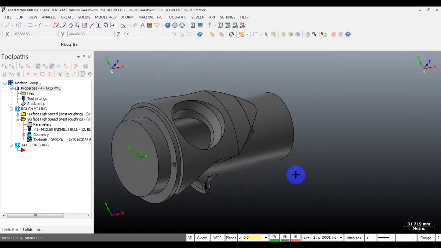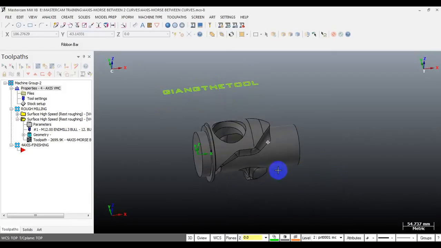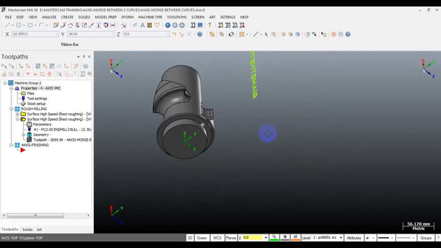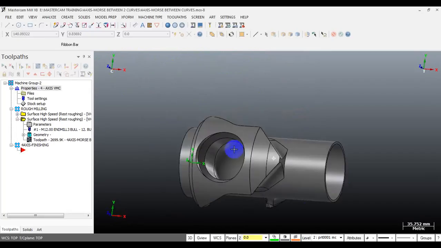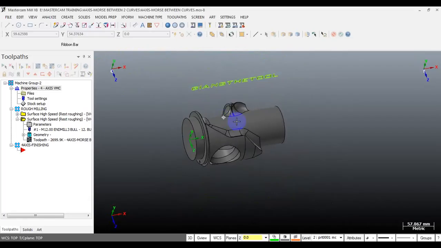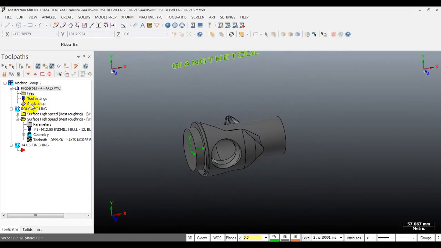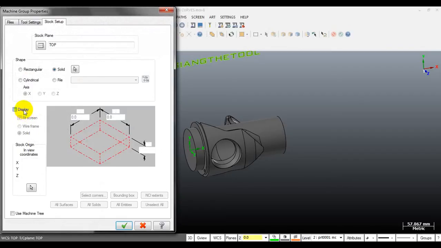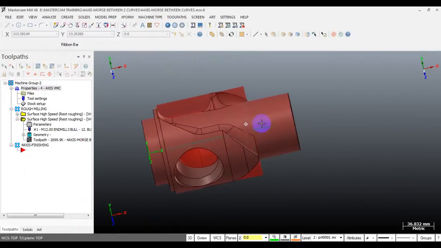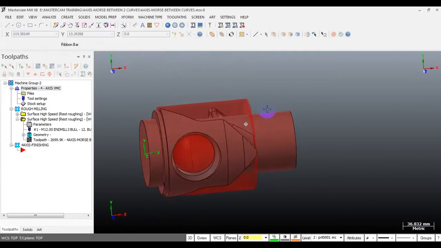Okay, our part today is on the screen. You can see that this is a quite complex part, and it needs Multiaxis Toolpath to do the finishing. To make this part, we got a stock from a turning step. Here we turn on the stock for you to view. So you can see here, this is our stock. This stock is taken from the lathe,